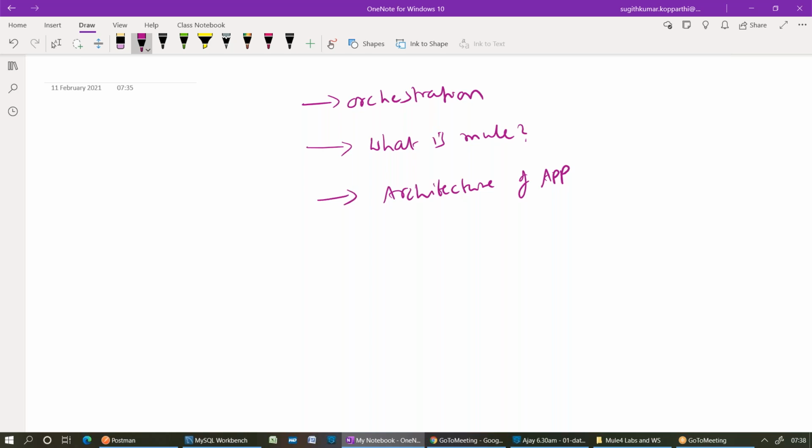Very good. Assume that we have created a Mule application. Where are we going to run that Mule application? In Mule runtime. What is the latest version of Mule runtime?